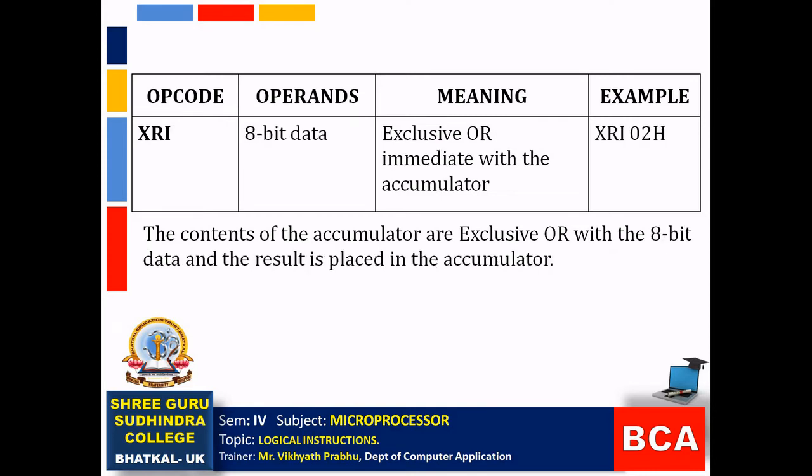The next instruction is XRI, and we call this as exclusive OR immediate with the accumulator. We write this instruction as XRI with an 8-bit data. Here, the contents of the accumulator are exclusive OR with the 8-bit data, and the result will be placed in